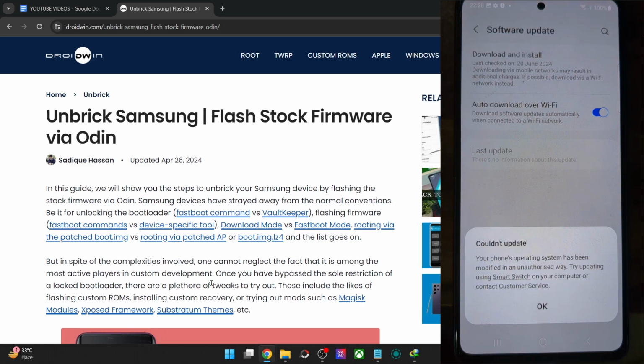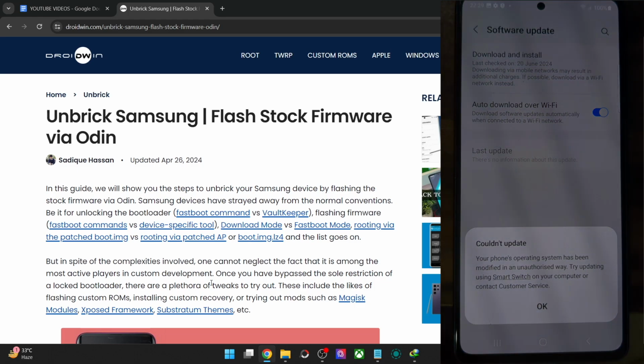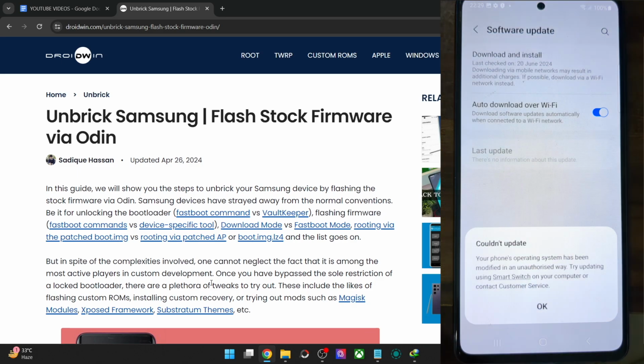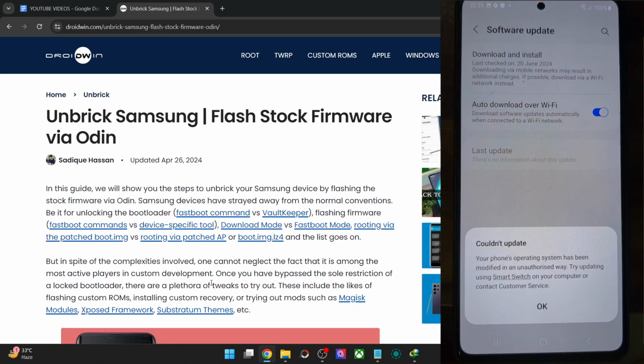So this is happening because you have unlocked the bootloader on your phone. Apart from that, even if you have obtained root or are using any other tweaks or modification, you will also get this prompt. But the major reason for this prompt is that the bootloader on your phone is currently unlocked. You may relock the bootloader and then easily install the OTA, but that's quite an obvious fix, and you are not here for that fix.